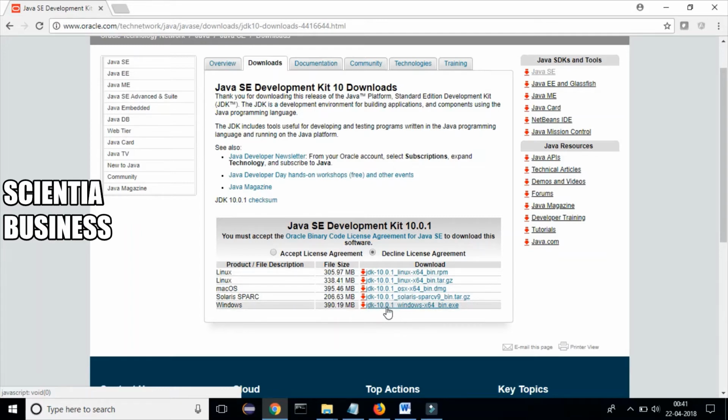Once Java is downloaded onto your PC, you will see an exe file being downloaded. I won't be downloading it in front of you right now, since it might consume our time. Once the exe file is downloaded and you install Java on your machine, you can simply go to